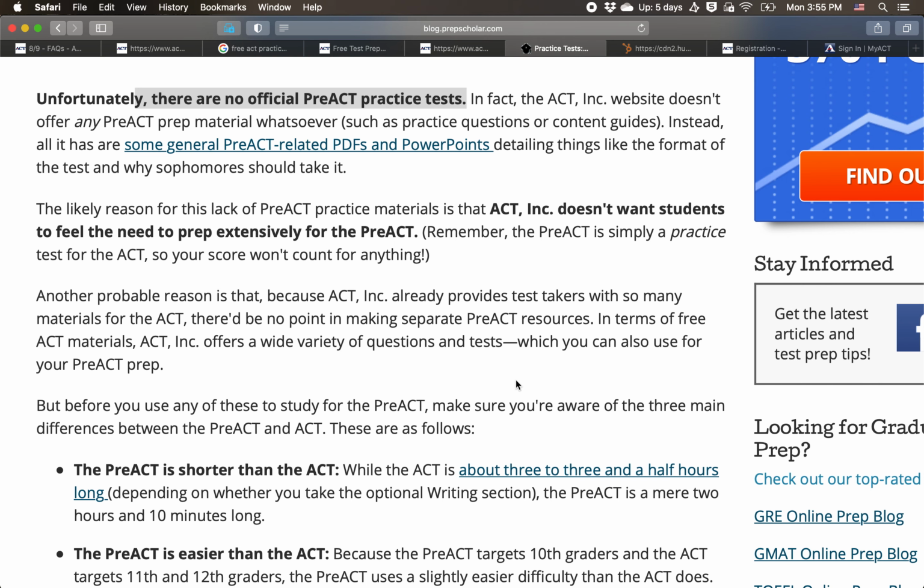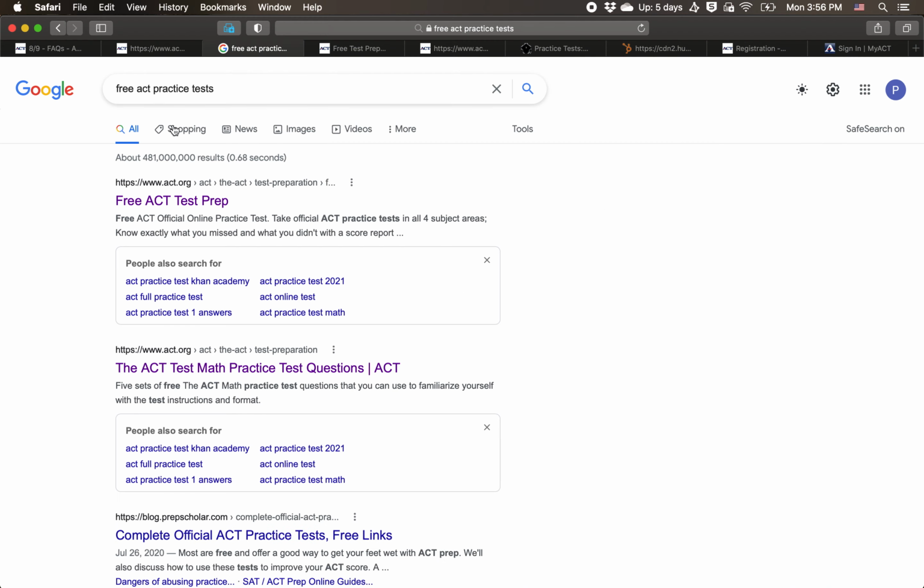But we do have access to practice tests for the full-length ACT test. So if you want to know what the pre-ACT will look like, let's go to some of these practice ACT questions just to get a feel for what you're going to be assessed on. Now, there are a couple ways to access the free ACT practice tests. One way is what I did here. Go to Google, type free ACT practice test, and then click here,